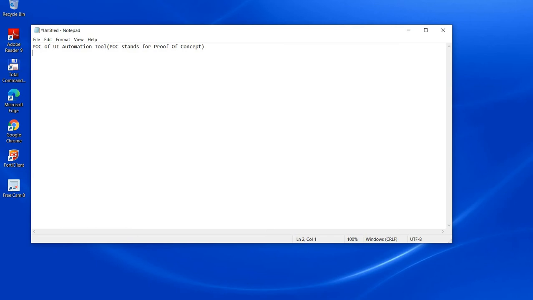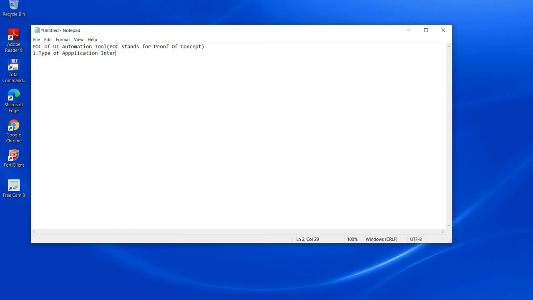Likewise, when you are required to do a POC of any UI automation tool, you should first decide on the requirements. So what kind of points should we consider while choosing a tool? The first very important point is the type of application interface.